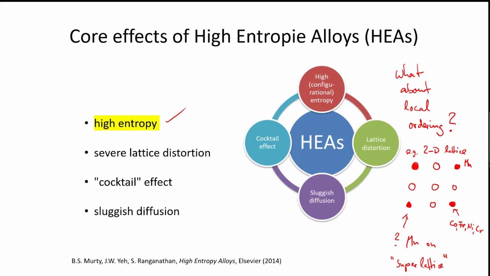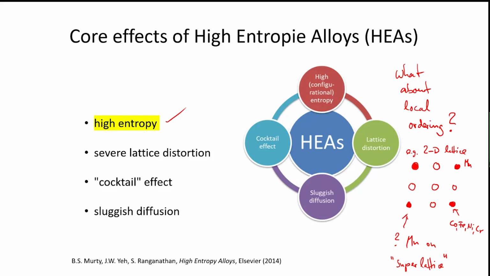It does, because if it's an ordered system, then it's not a random solid solution, then the occupancy probability for each site is not equal. And then I'm not allowed to calculate configurational entropy by just summing up for all elements. Then the configurational entropy term is reduced. And this is what many people still are investigating. Is this the case for high entropy systems or not?